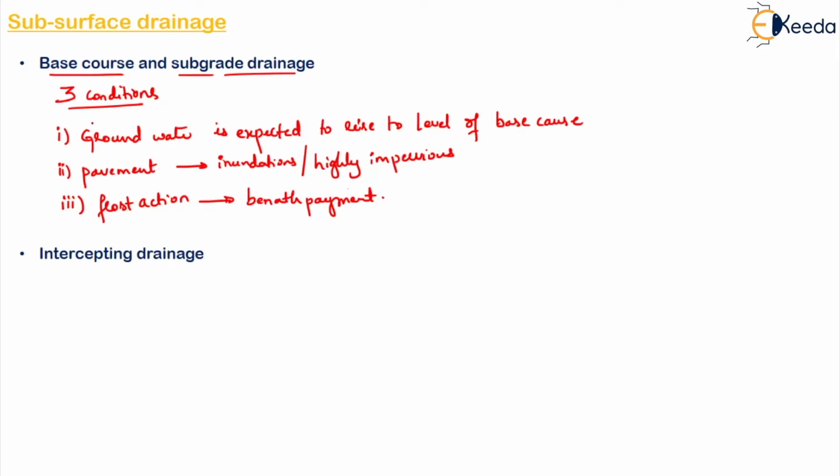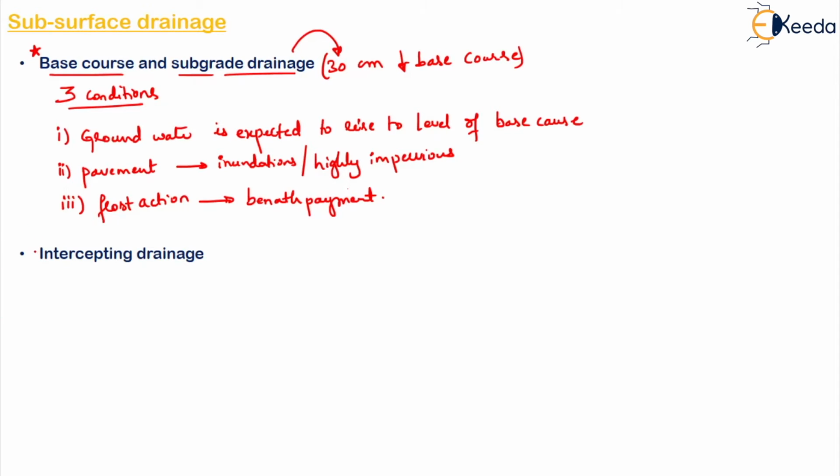Normally, the base courses are drained using subsurface drainage which is adjacent to or parallel to the edge of the pavement. And the subgrade drainage is desirable at places where the water rises beneath the pavement to less than around 30 centimeters below your base course. So if water is going to that level, then we compulsorily need the subgrade drainage. And the subgrades are normally drained by installing pipes along the edges of the pavement, and in some cases where the groundwater is extremely high, we have to provide it underneath the pavements.